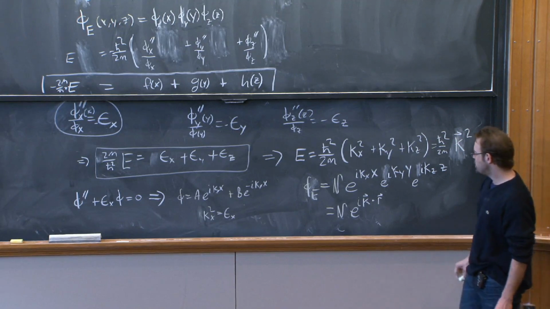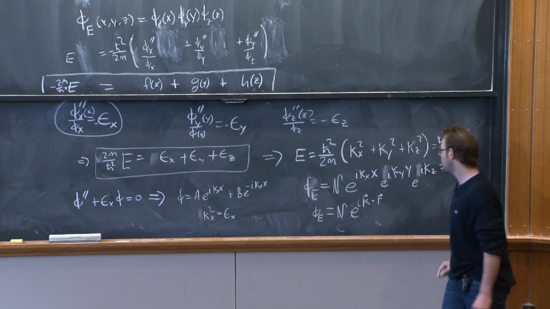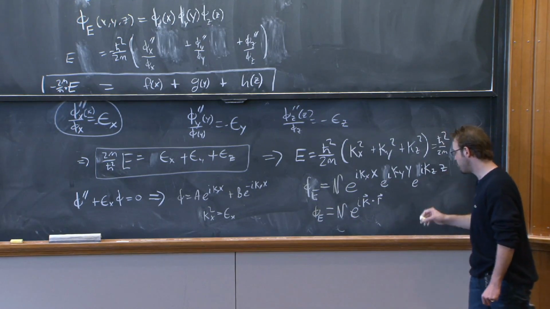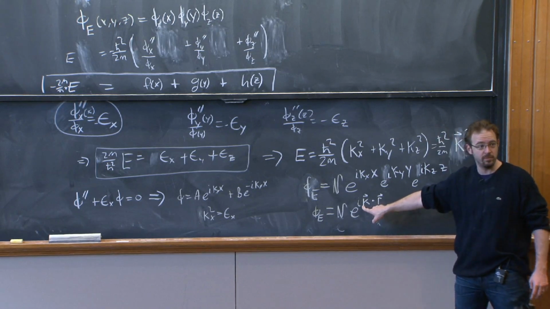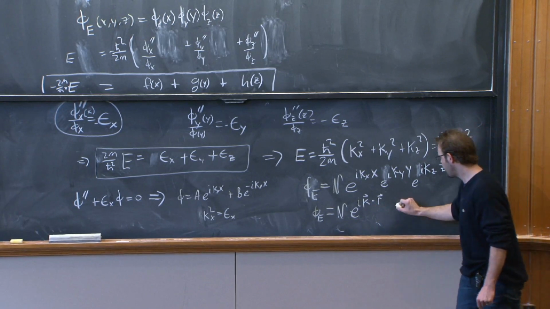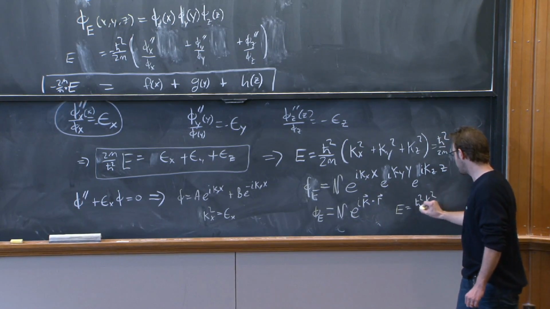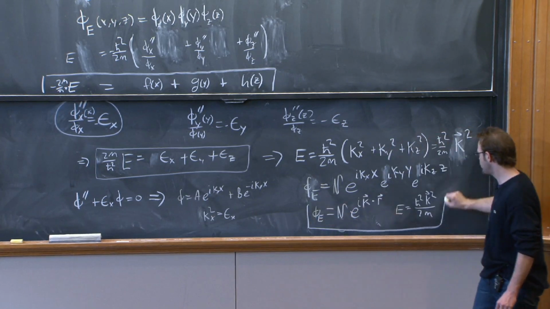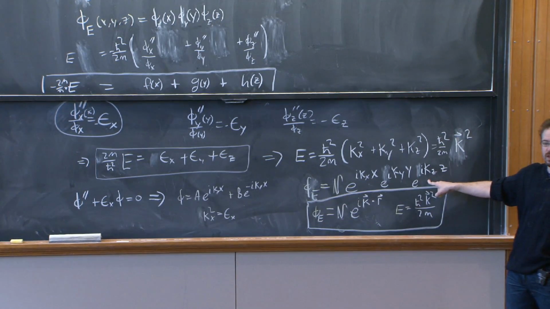So if we have a free particle, we can build energy eigenfunctions of the form plane waves with some 3D momentum, with energy E equal to h bar squared k squared upon 2m, just as we saw for the free particle in one dimension. And the actual wave function is nothing but a product of wave functions in 1D.